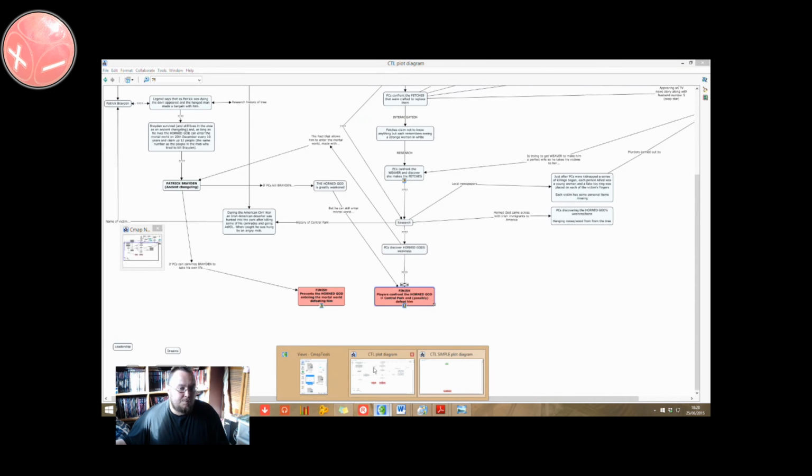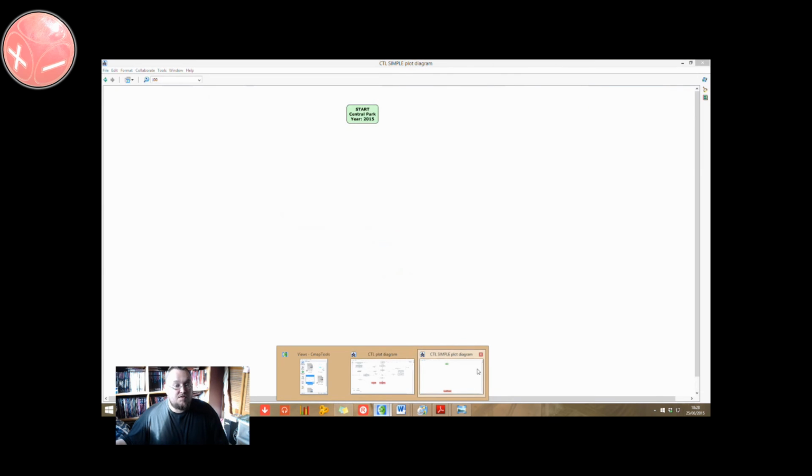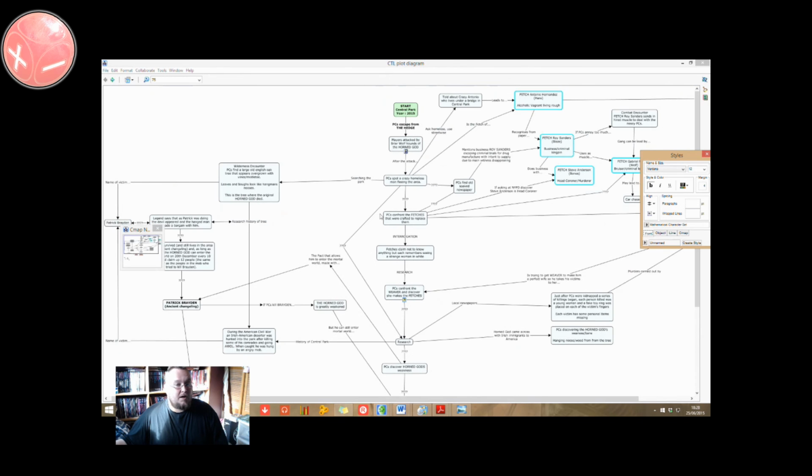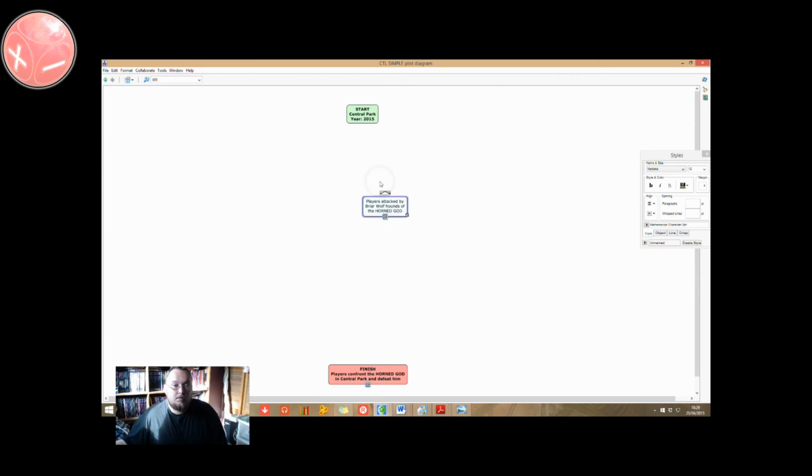And bear in mind, I'm trying to simplify this down a lot, since a lot of these notes on here are now covered by the NPC notes I've got, which I can link in to the concept map. So I don't actually need quite as much of all of this, although having all of this down did help me to actually work out how I was going to write up the NPCs, so it's good to have actually done it. So let's